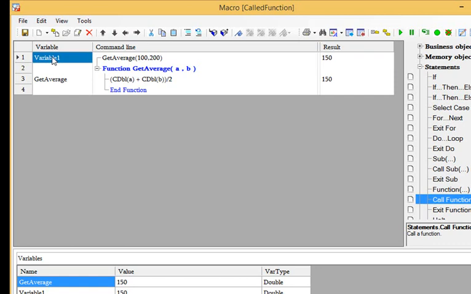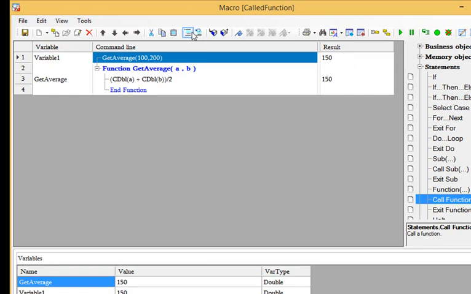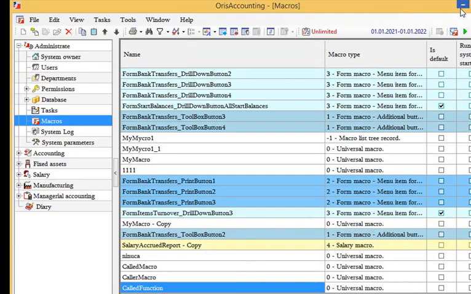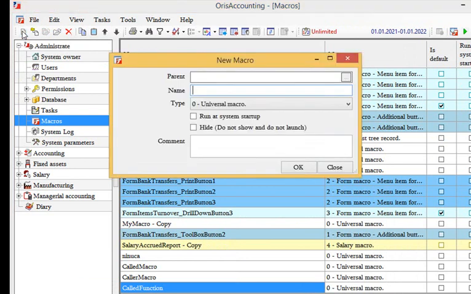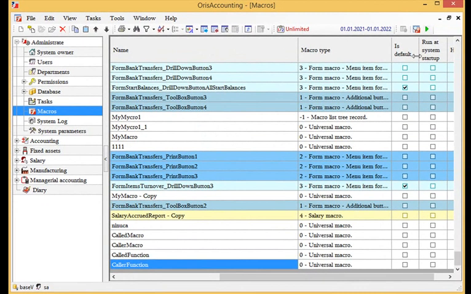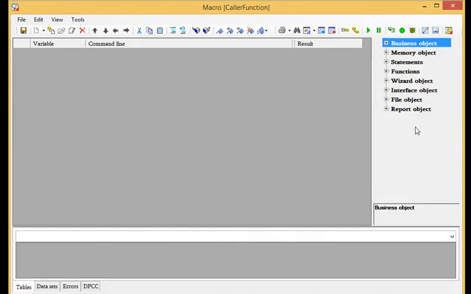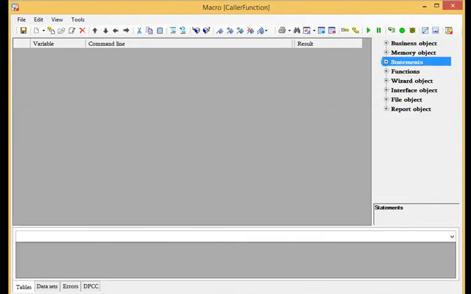Now we should block this test calling and then save this macro. I'm gonna minimize it. And now let's create a color macro. Let's name it, for example, color function. Let's put comment as well. And now let's open and program this macro. So here in the statements,